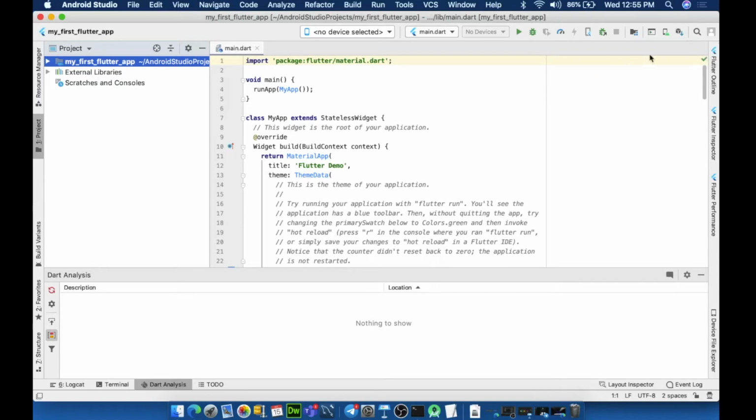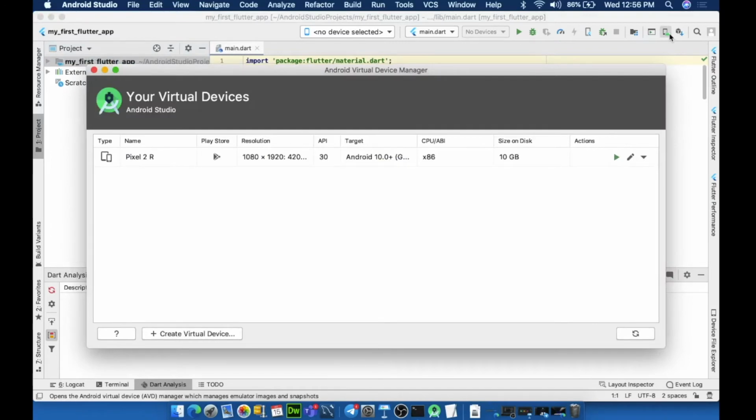Okay, to set up the emulator, do you see this icon here? To the left side of SDK manager, do you see something as AVD manager? This one, AVD manager. Yes or no? Okay, click on this one. Do you get a screen like this? In that click on create a new virtual device. Over here, create a new virtual device. Do you see this? Yes or no?